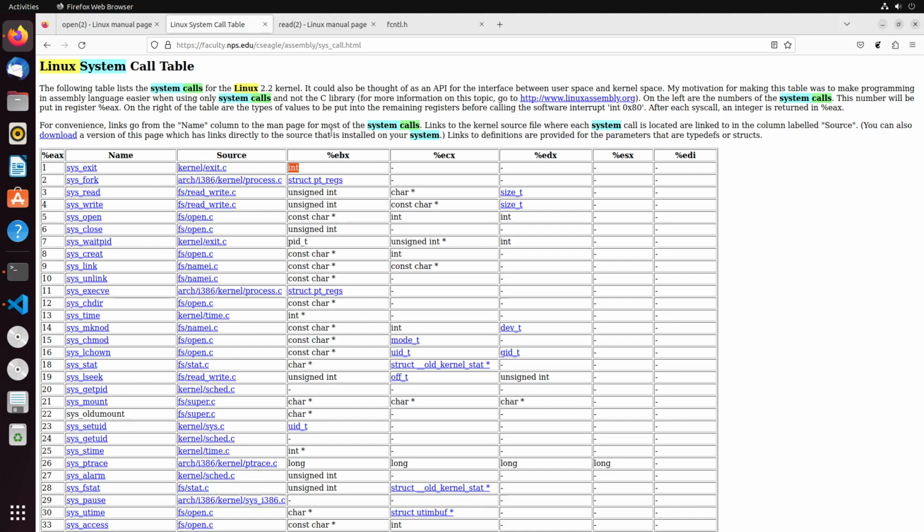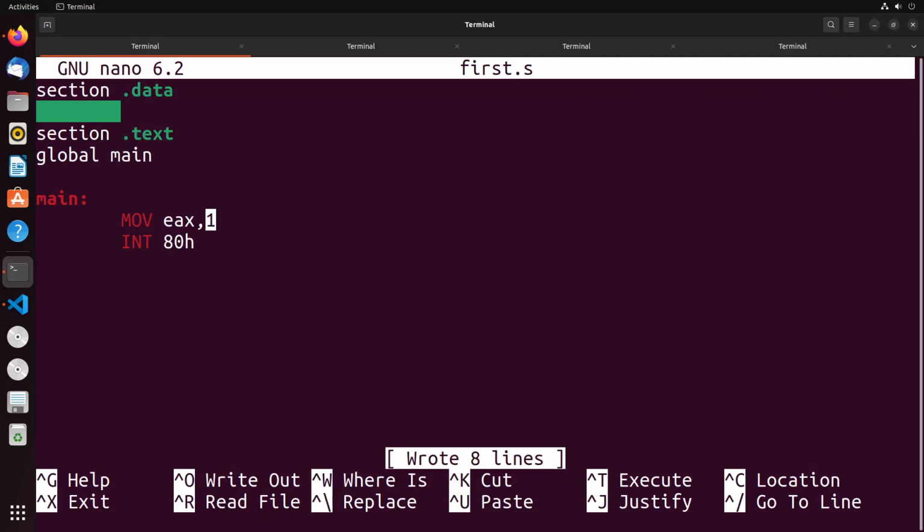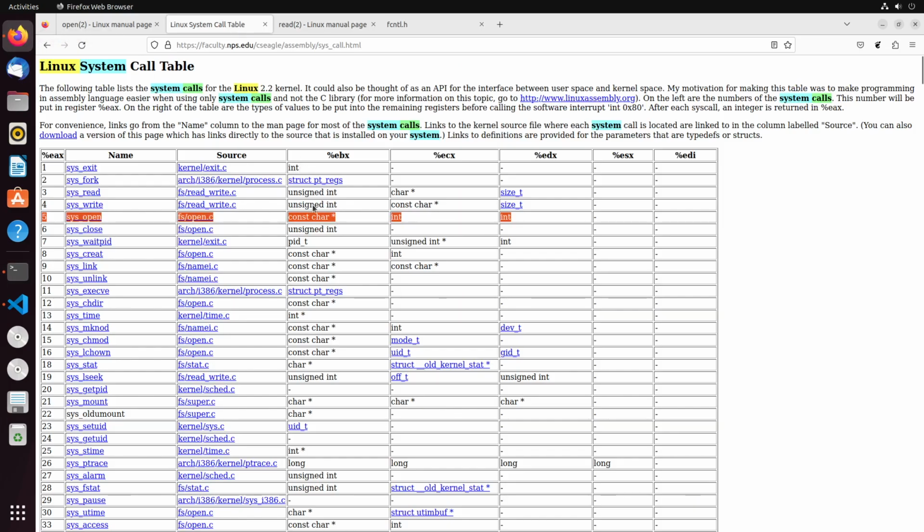So you can see that we can read this table pretty easily to understand how we can do these different system calls. Now, in this case, I want to open a file, which would be done through sys_open. Sys_open has an EAX value of 5, so if I want to do an open system call, I should move a 5 into EAX. The next thing we need to figure out is what we need to provide to the system call to actually get it to function. It looks like we need some sort of character pointer in EBX, an integer in ECX, and an integer in